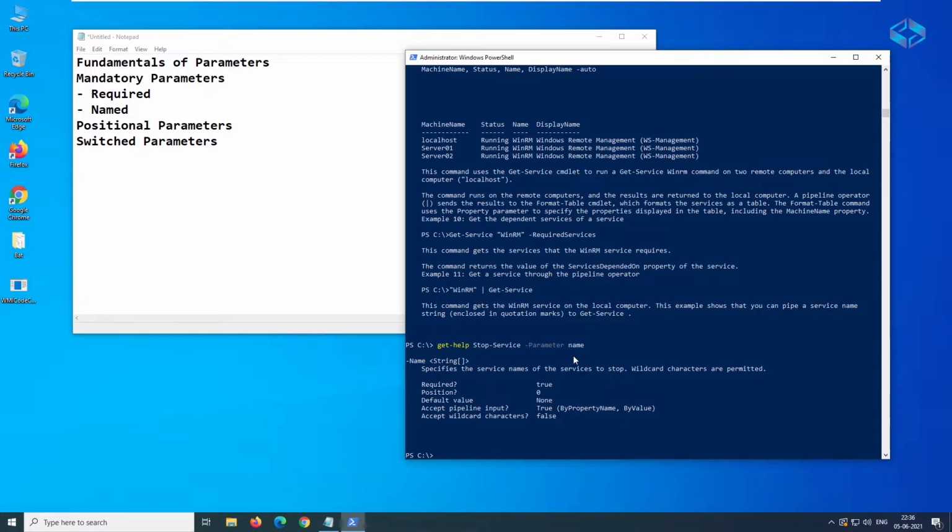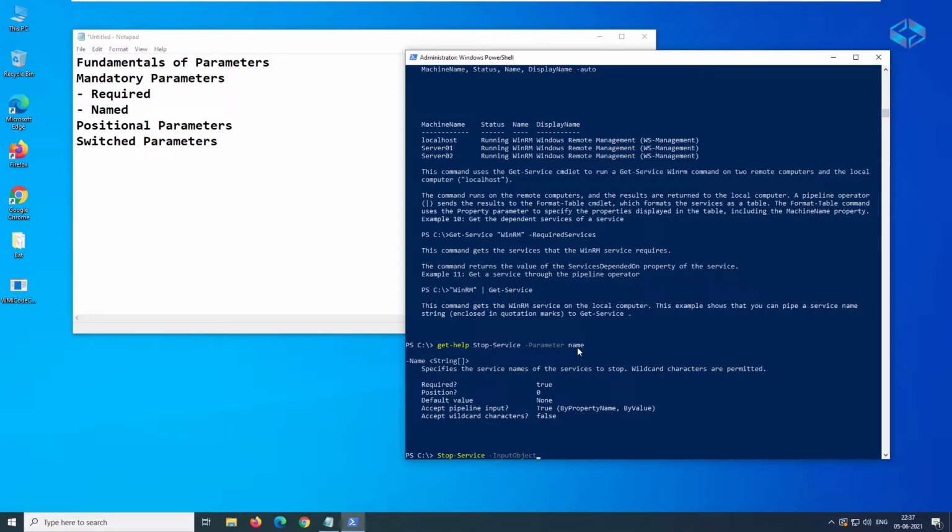We have seen Stop-Service. When you put a hyphen and press tab, there are multiple parameters listed here. If you want to know anything specific about a specific parameter, you can mention it this way: Get-Help, then -Parameter, a space, and whatever the parameter name is.